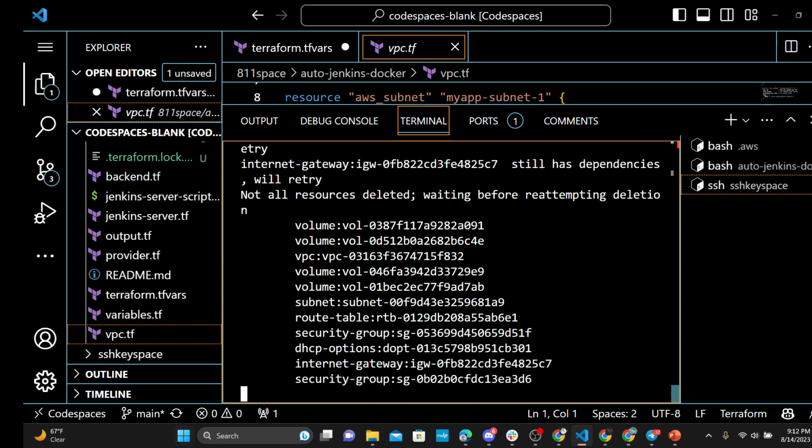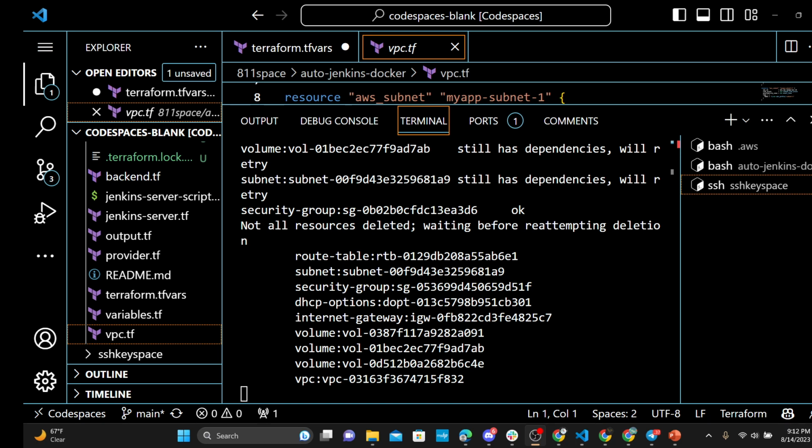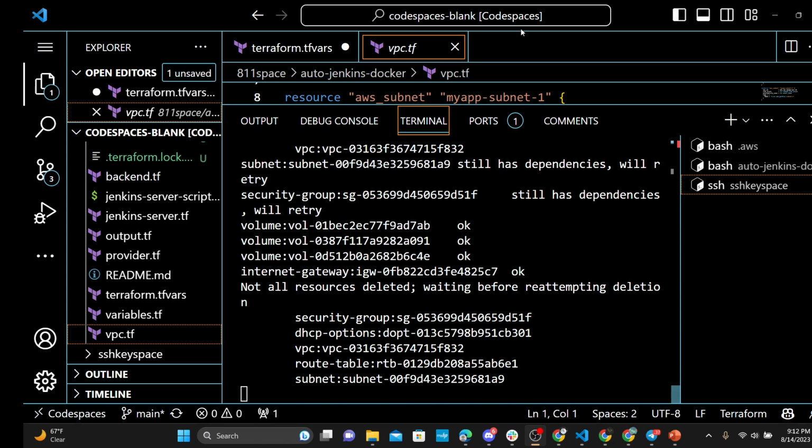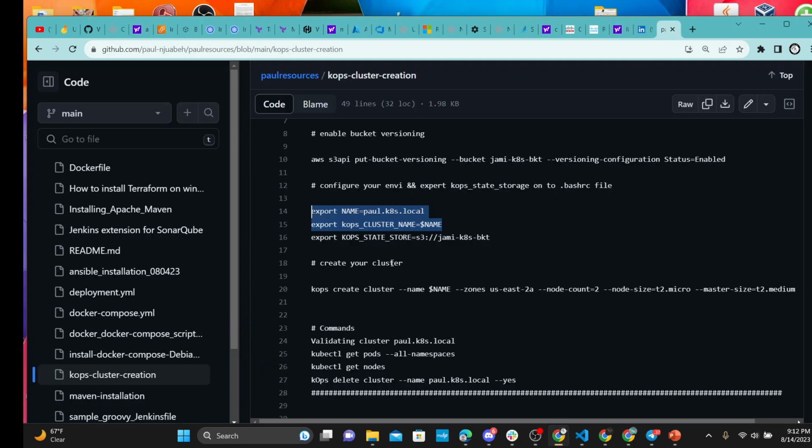So that is the cluster that we just provisioned that is being deleted, because I wanted to have the configuration of the number of node group nodes that we want, but I didn't add it at the time of creation of this cluster. So while it's deleting, I'm going to look for an ideal command